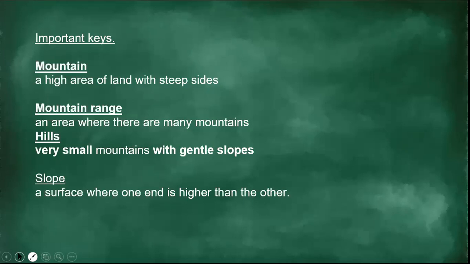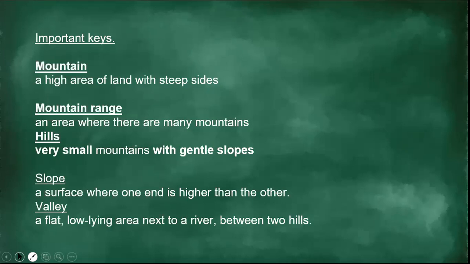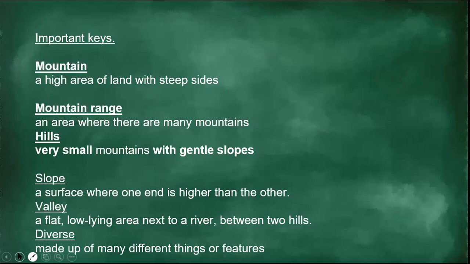Are we clear? And then we have a valley. A valley is the flat, low-lying area next to the river, between hills. Are we good? And then diverse: made up of many different things or features. It is made of...